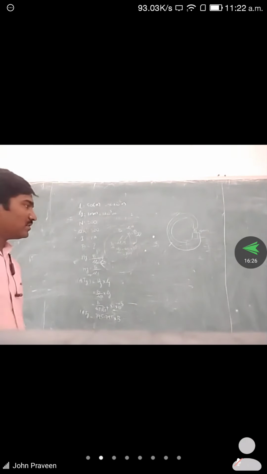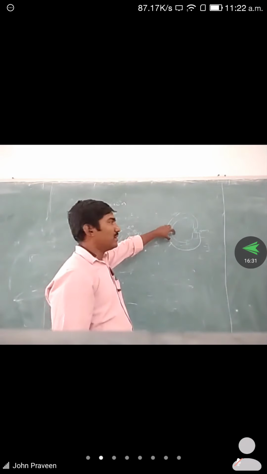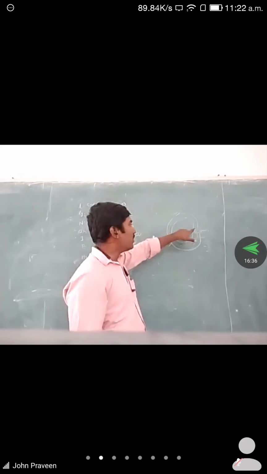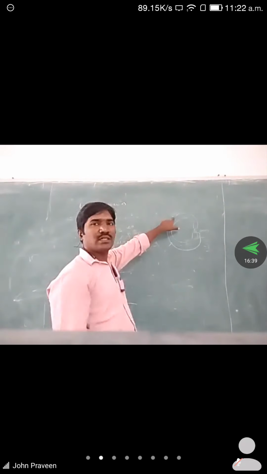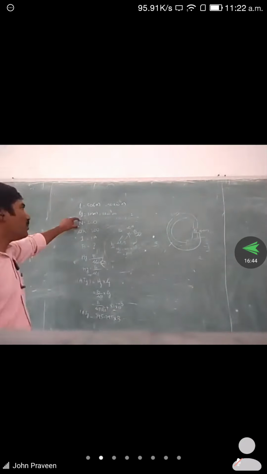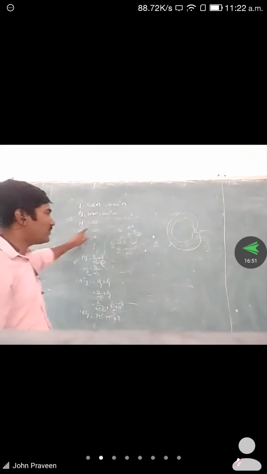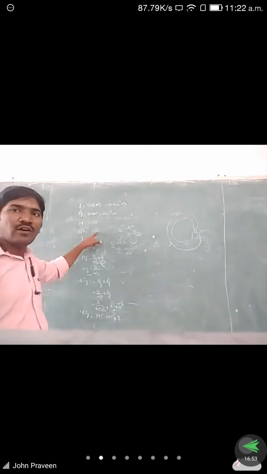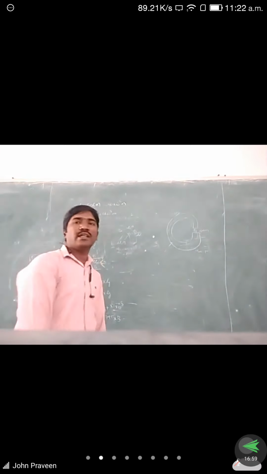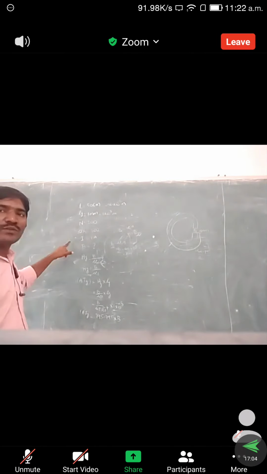Right, is it clear? So first listen carefully. He has given a core material, a ring material. It has an air gap. What is the length of the air gap? It is 1 mm. What is the mean length of the core? That is 50 centimeters. Next, what data is given? The number of turns provided is 200 turns. The mu value for the ring is 300. Already we know that the mu value for the air gap is 1. Next, the current is given. 1 ampere current will be flowing through that coil.